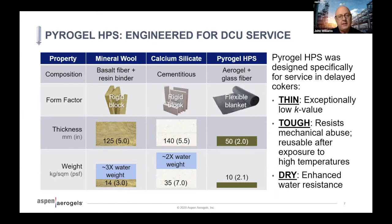So HPS, the requirement that we gave our R&D folks is that we needed to be exceptionally thin, we needed to be exceptionally tough because we do plan to reuse it even after exposure to high temperatures, and we needed to be extraordinarily resistant to liquid water. So thin, tough, and dry is what we produce. This is the finest product we've ever made